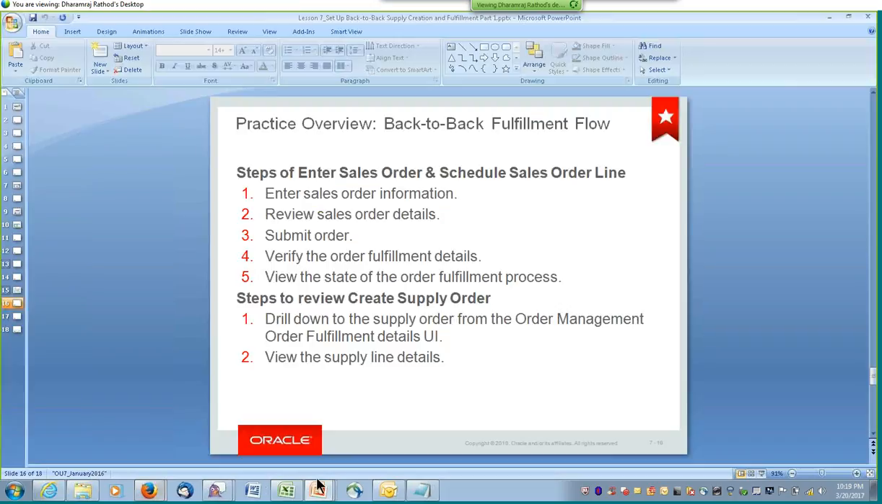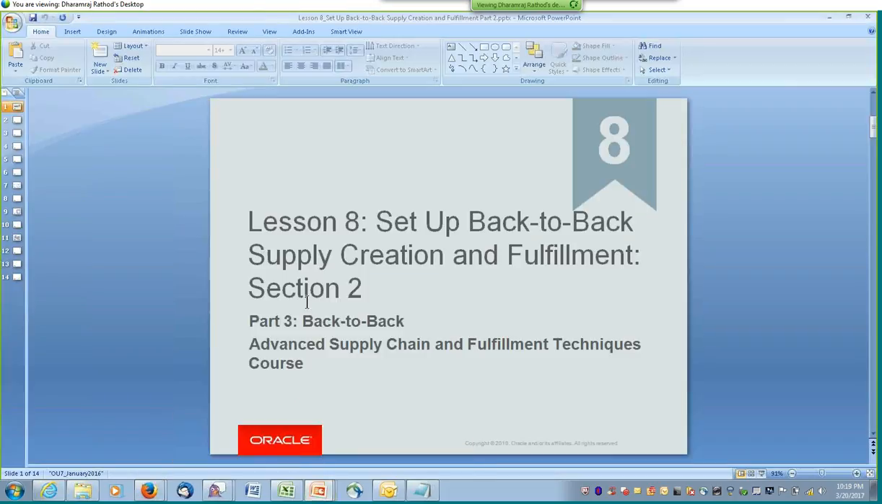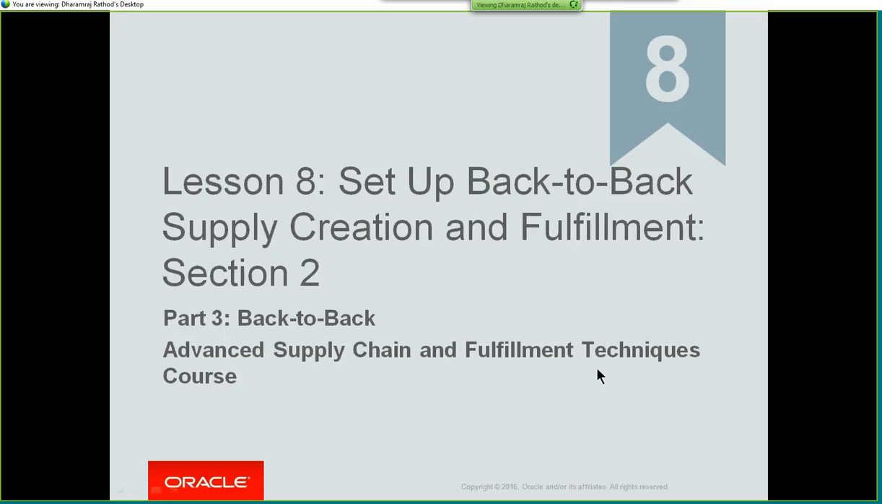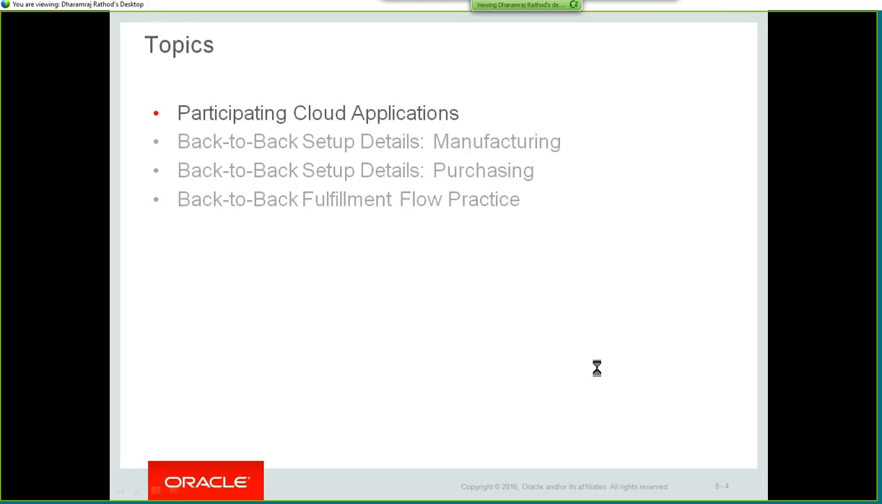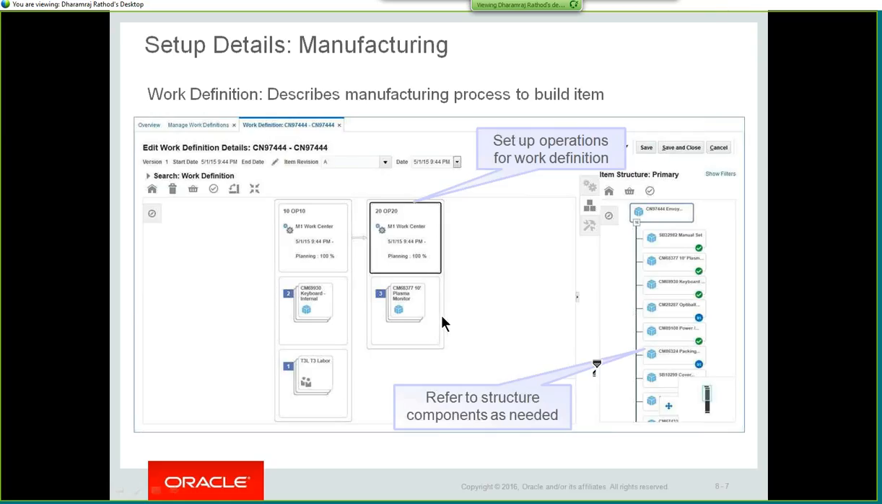Okay, from other setups standpoint, you would go over manufacturing. Within manufacturing, you need a work definition. Again, these are all covered in manufacturing foundation. So if your recommendation is back-to-back make, we needed a work definition, and then you go into